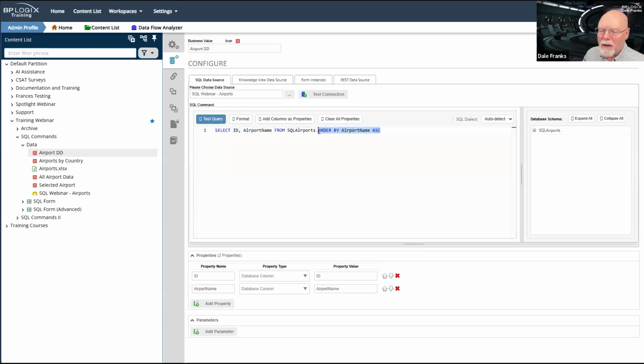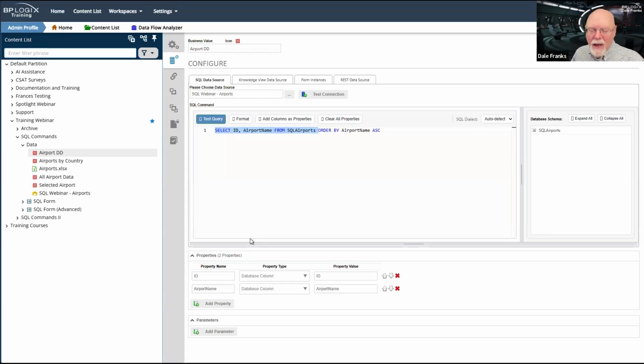Forget about all of this other stuff. We'll get to that in a minute. So this portion is telling me to grab 2 fields, ID and airport name, from SQL Airports. It's a drop-down. It only has 2 possible properties, a value for the drop-down and the display text that I want to display to the user. So I only need to pull 2 fields.